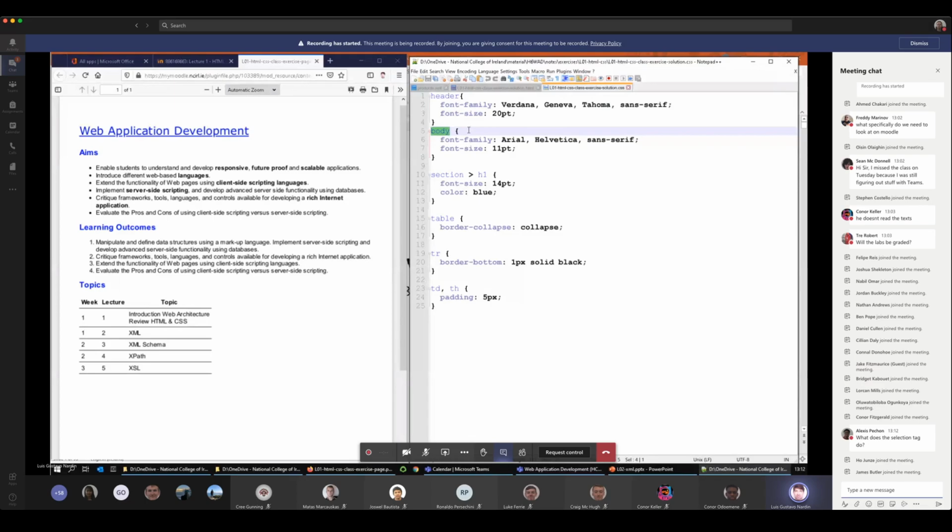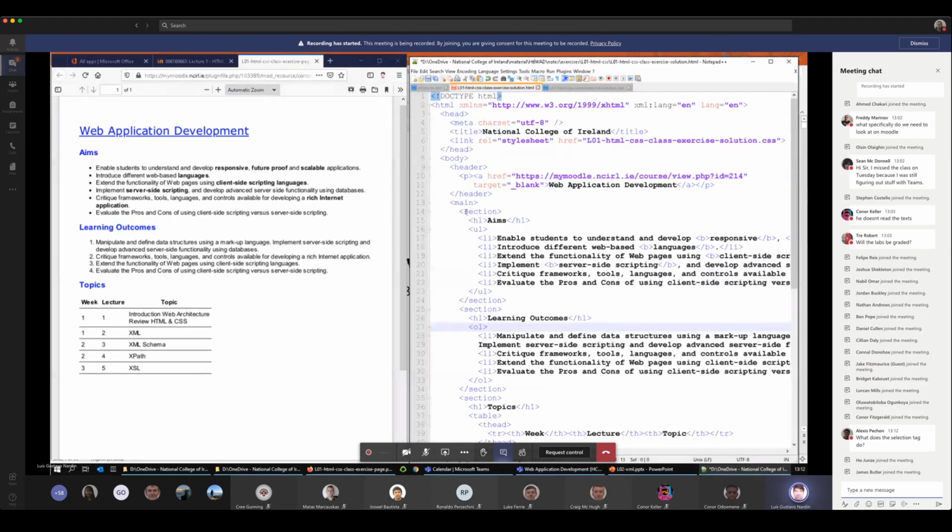So you should try to apply the standards or the most common standards to the body. And then when it comes to the specific elements that you want to stylize, then you make the change. For instance, for the headers, for these aims, learning outcomes, and topics,